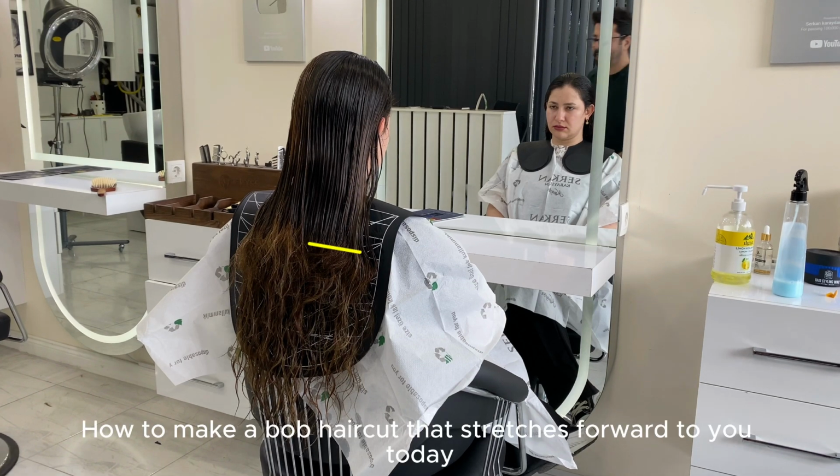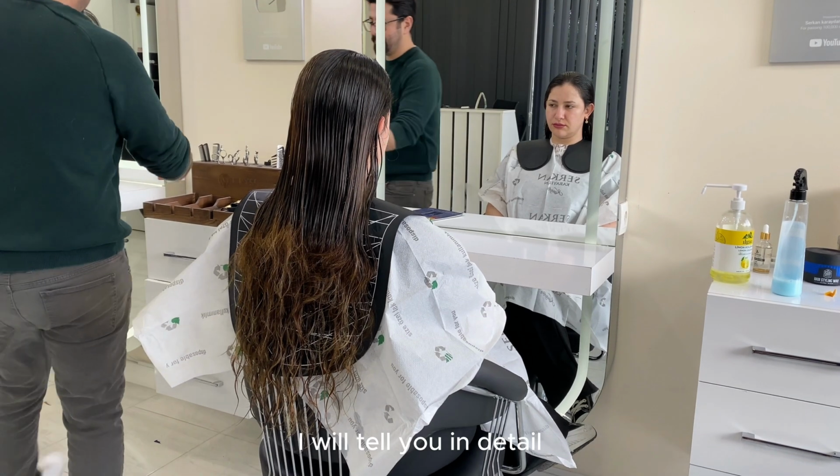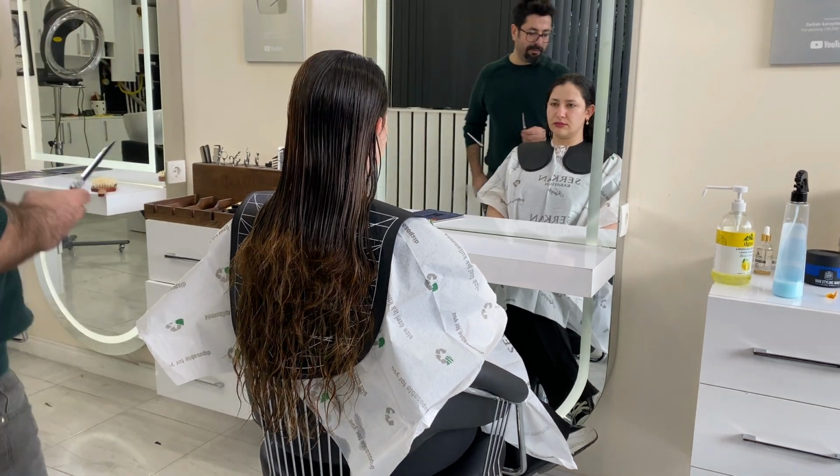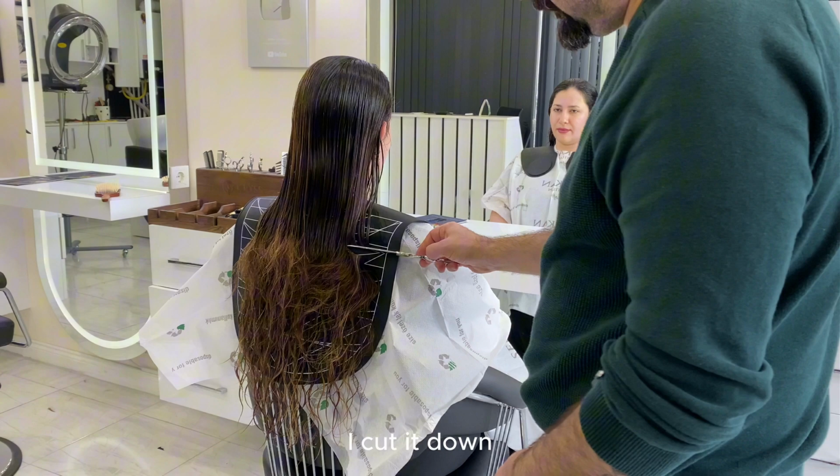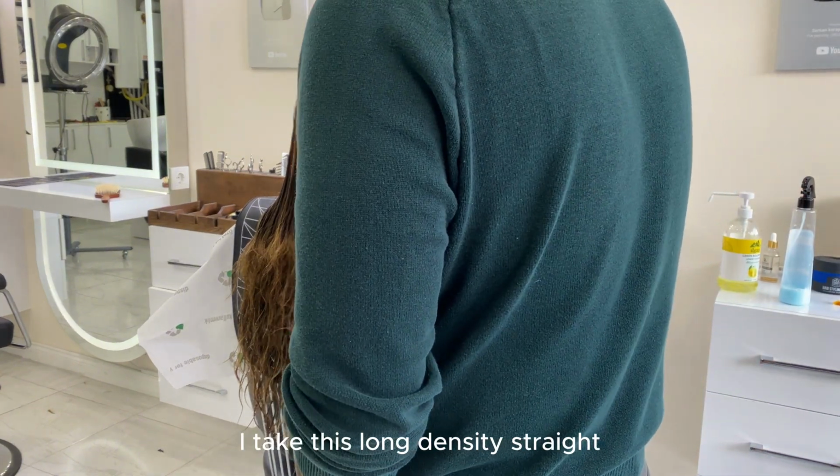Hello friends, today I will tell you in detail how to make a bob haircut that stretches forward. First, let's show the long hair of our model. I cut it down. I take this long, dense, straight hair